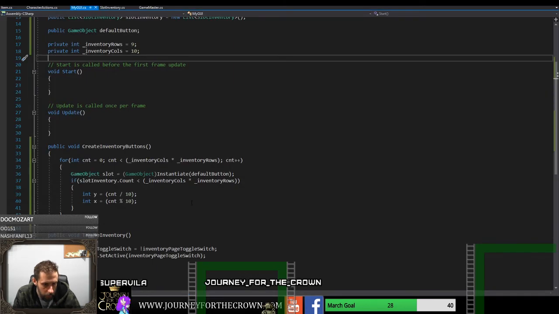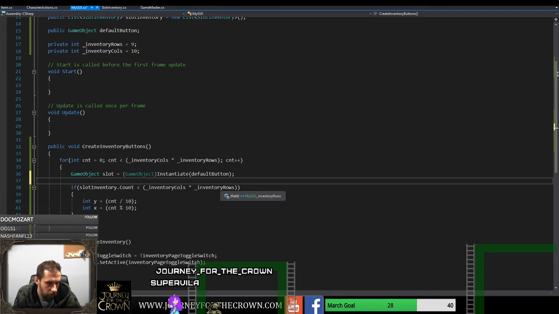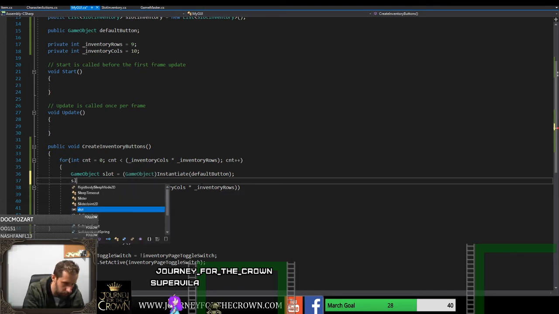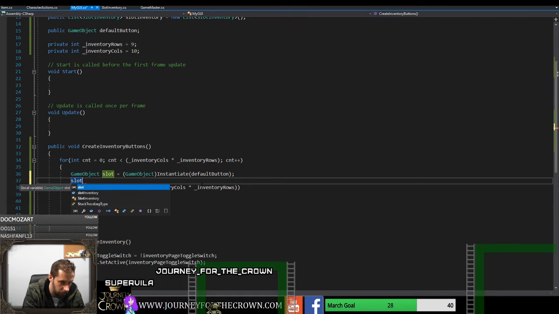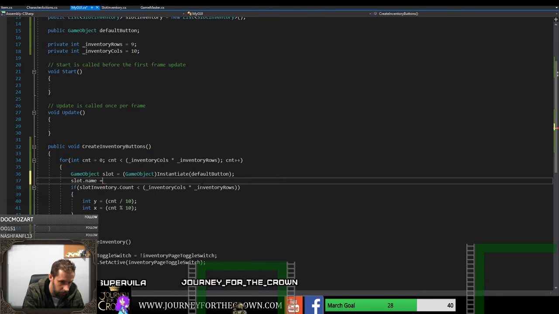All right. So with that being stored, we will do, let's see here. Got that thing in there. We're going to want to set the name. All right, so the slot. We're taking the game object called slot, and we're taking its name, and we're actually going to set it to